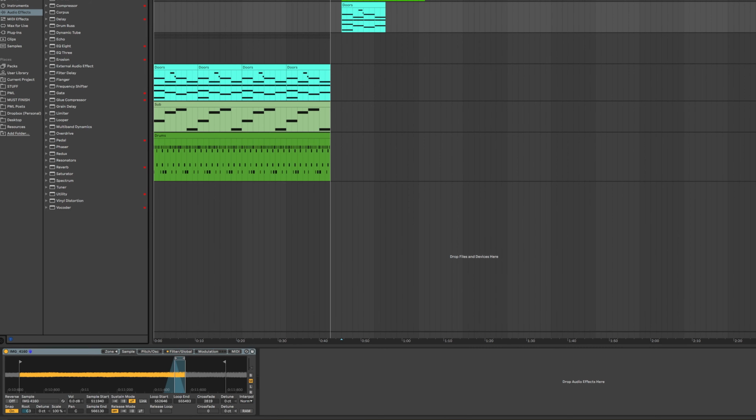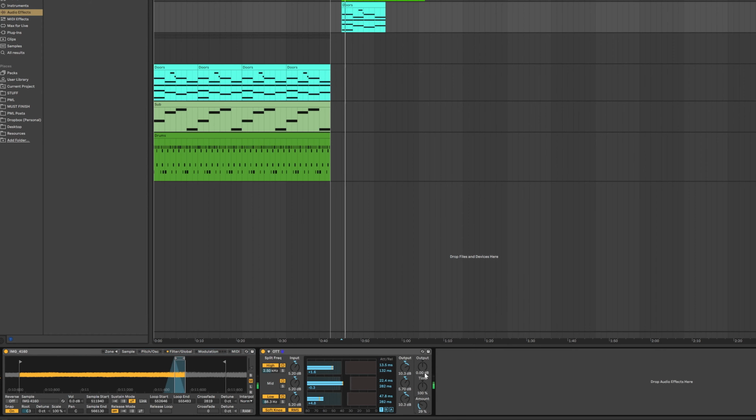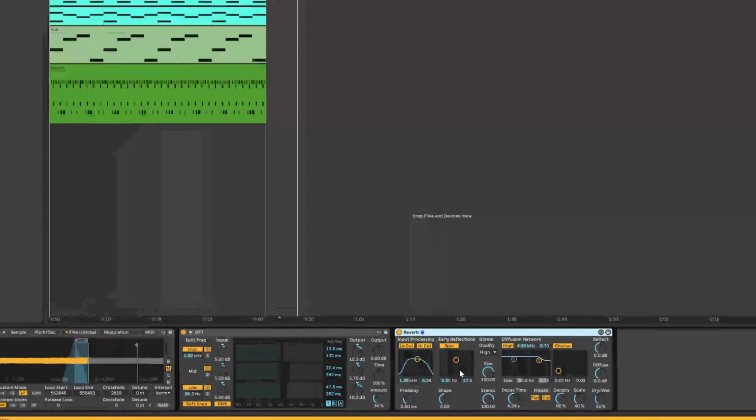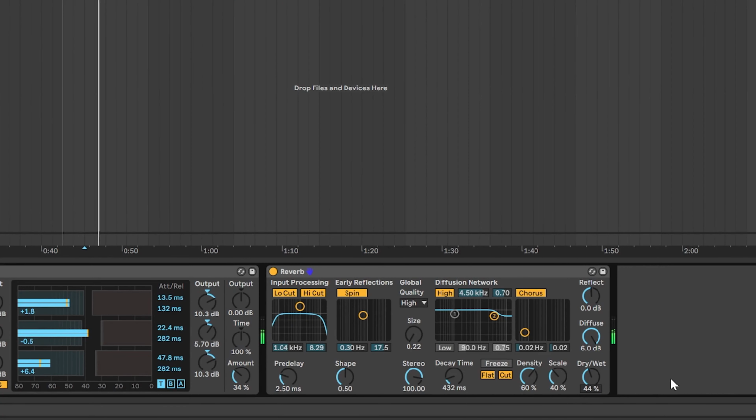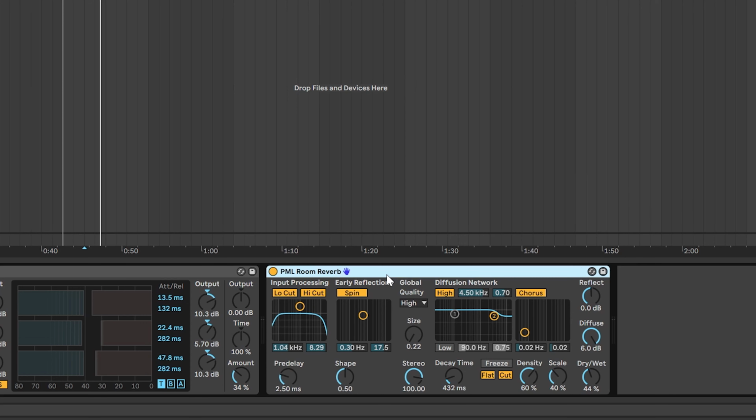Then, of course, I've added OTT. Then we've added some reverb. As you can hear, this setting with this hi-hat, this size and this decay, and of course this diffuse, makes this sound really wide. I'll save it so you can use it later.